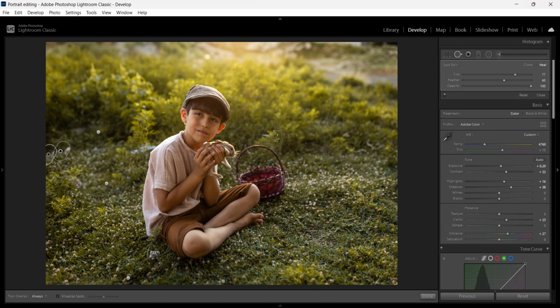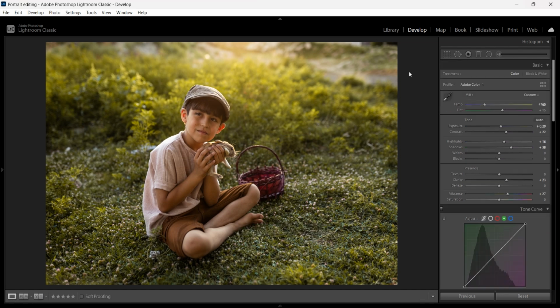I'll go ahead and do a little bit more cleanup here and there. So I think we are in a very good shape here. So we have removed all the distractions. So this is about our